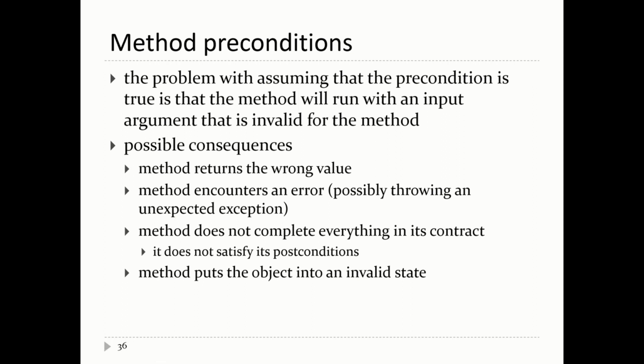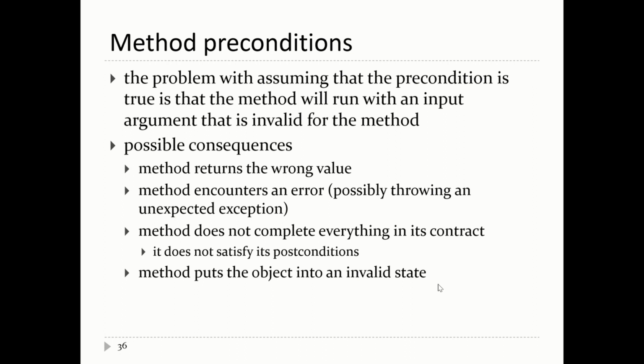Now you can think of a method as being a contract between the caller of the method and the method itself. The method promises to do a bunch of stuff, assuming the caller meets some preconditions. If the caller doesn't meet the preconditions, then it's usually the case that the method can't actually accomplish what it promises to do. And so you end up with a problem where the method doesn't satisfy everything that's in its contract. And finally,